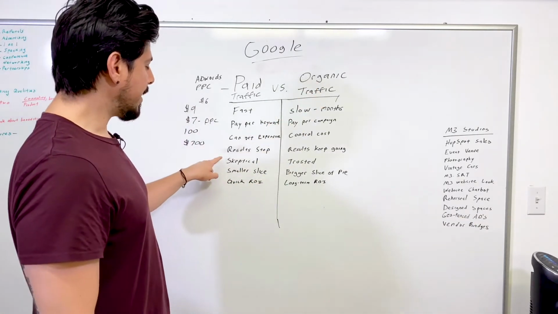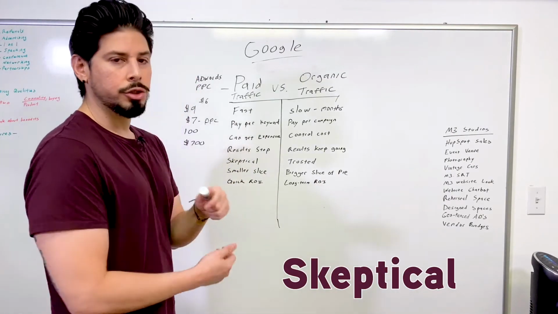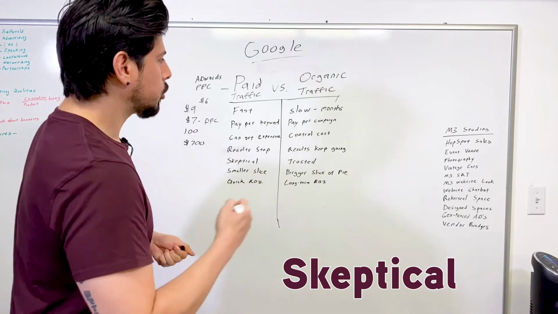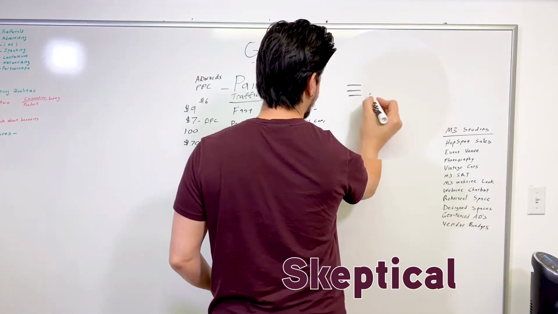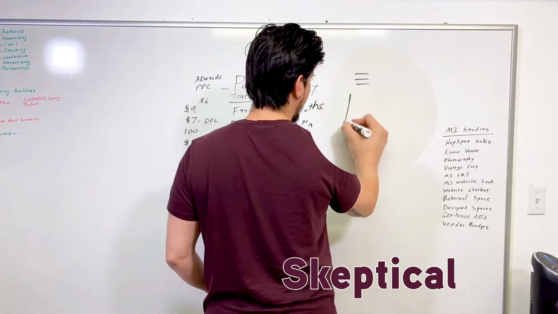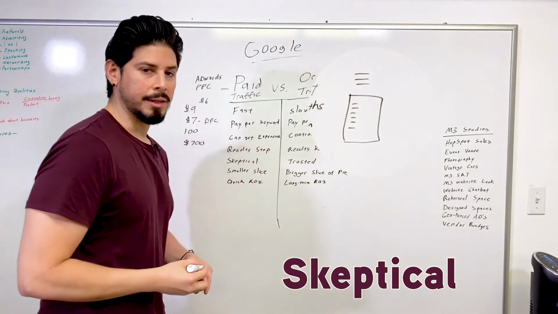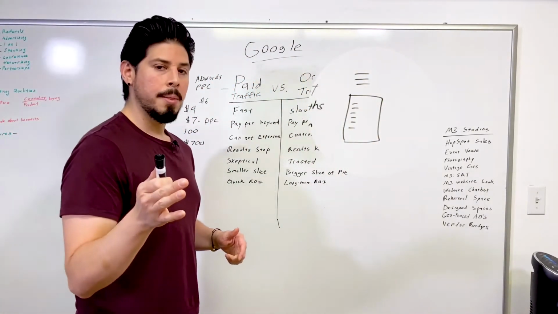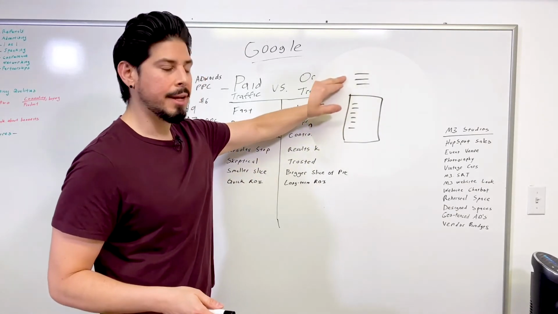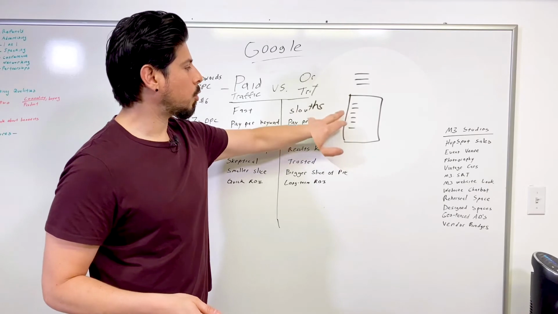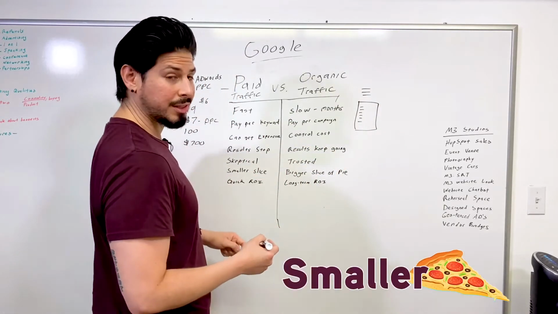Another attribute is people tend to be skeptical about the search results of paid traffic. So when you search for something, you typically will see 2 to 3 ads, and then you'll have the organic listings of the various other websites. If you audit your own behavior, you'll see that you tend to search for something and you'll skip the ads and go directly to the organic listing, which is the reason why they also receive a smaller slice of the